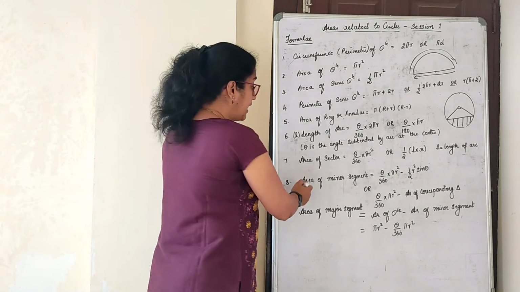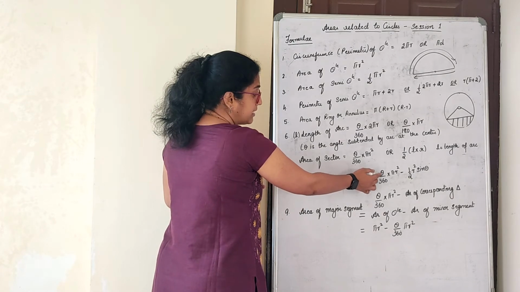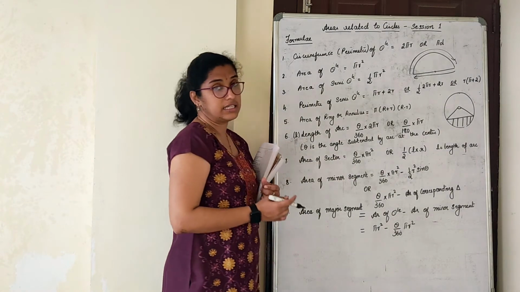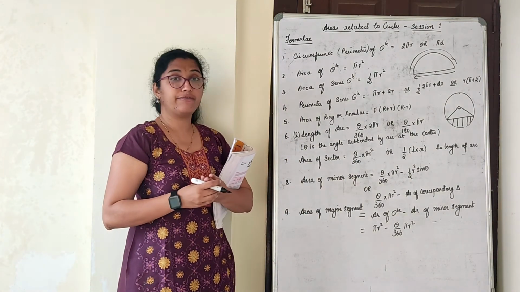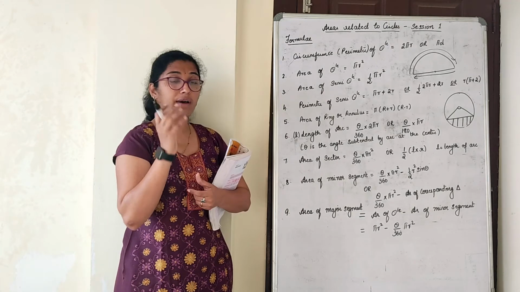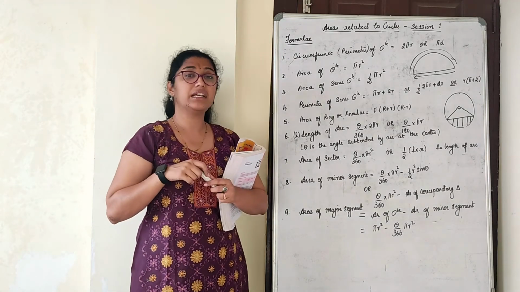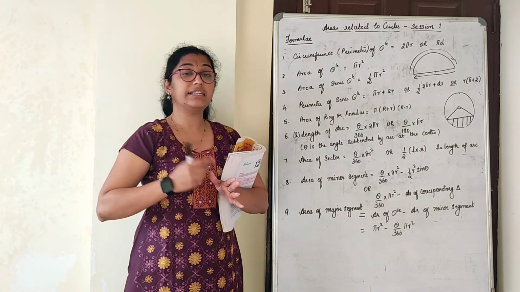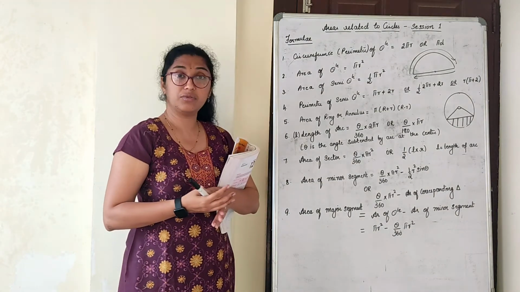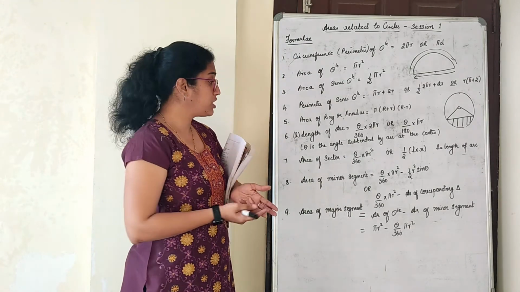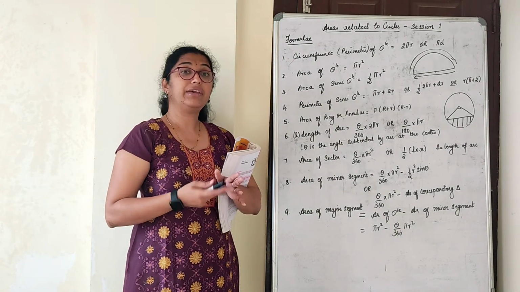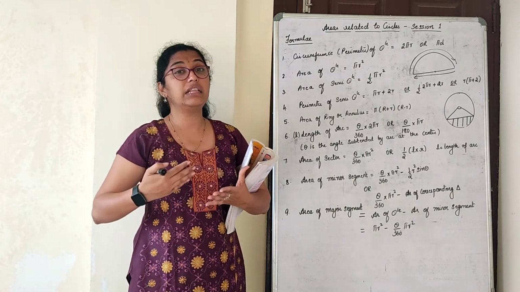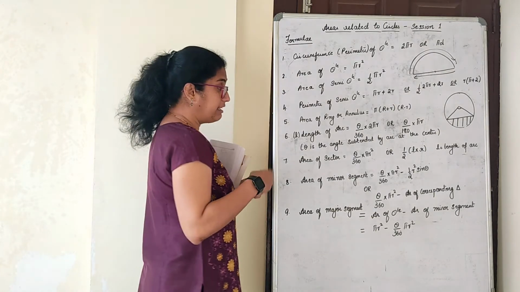Right? Area of minor segment is given by theta by 360 into pi r square minus half r square sin theta. Yes, we have a trigonometric ratio involved in this chapter only for one part of the sum. Sometimes in your school they will do this chapter before trigonometry. If it is introduced before trigonometry, how can they introduce sin theta? That means we cannot do this chapter without trigonometry, right? No, we can also do this without trigonometry, but the calculation will be a bit lengthy. How? I will tell you that.